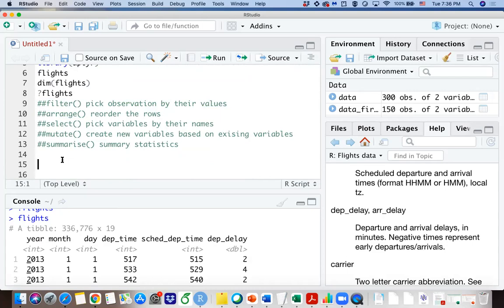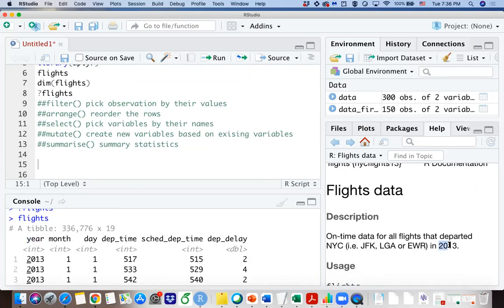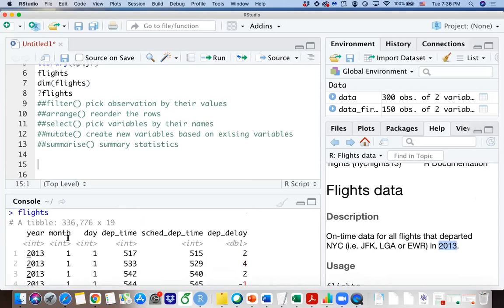So think about the flights data. We do have year data, but the whole data set is in 2013. So the year information, I believe, is all in that same year. So let's suppose my first question is that I want to select